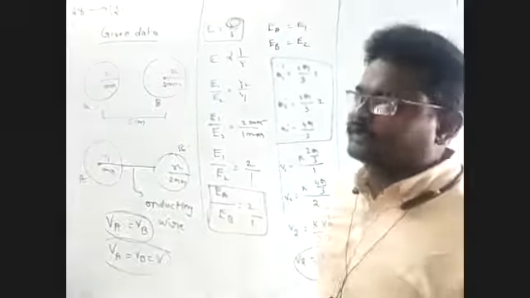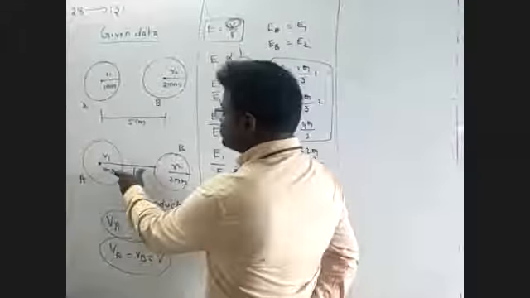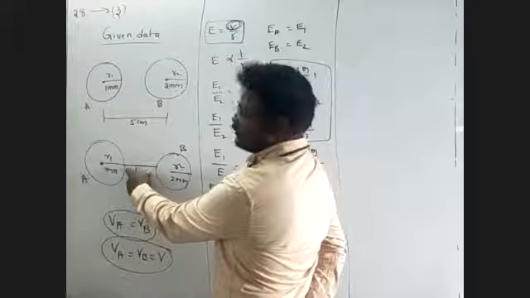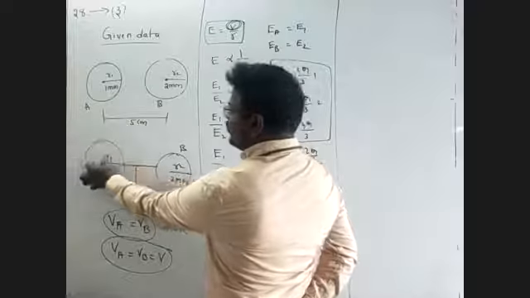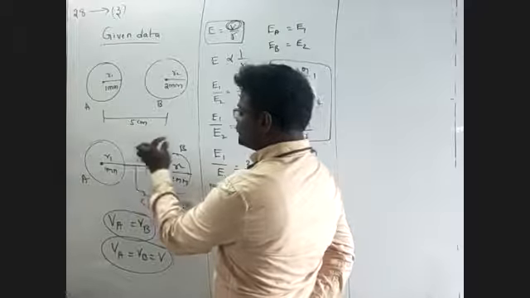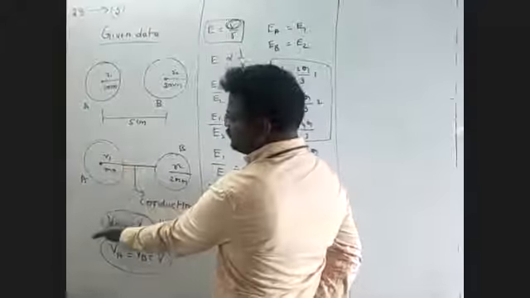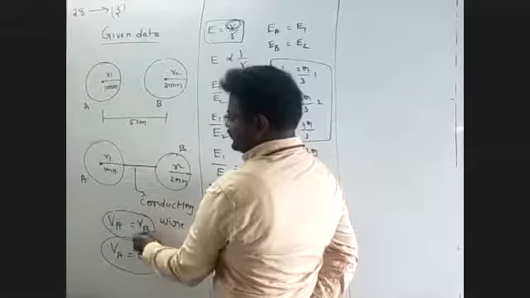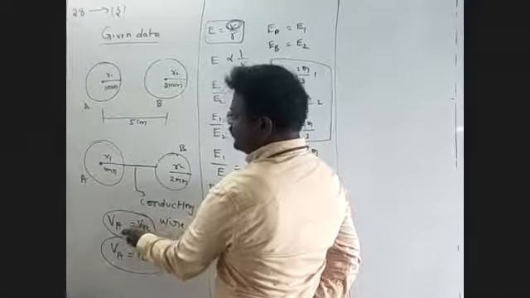So you have the one doubt: what does this mean? Here, this is a conducting wire. One end of the conducting wire is connected to body A, and the other end of the conductor is connected to body B. In the equilibrium condition, VA is equal to VB. The electric potential of body A is equal to the electric potential of body B.